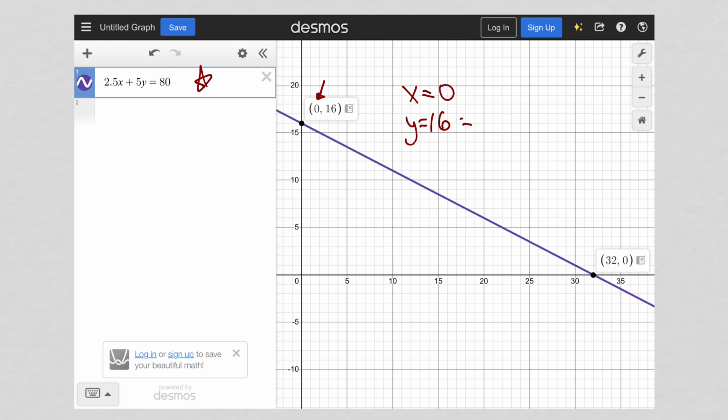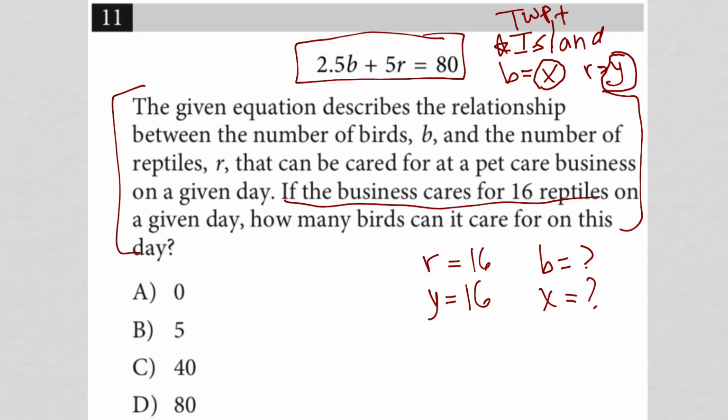We know that for our word problem, y is representative of reptiles and x is representative of birds. So that's our answer. If we're caring for 16 reptiles, then that must mean there were 0 birds cared for on that same day. And therefore the answer here is choice